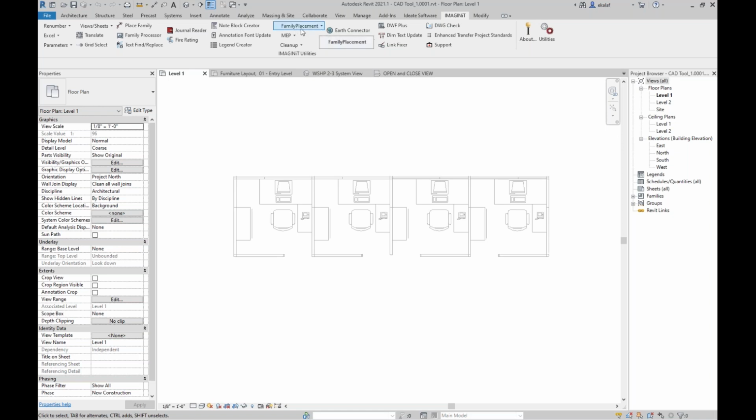All right, so in this case, under the family placement option, if you notice, we've got a configure, and then we have a show panel tools here. What these are really doing is helping with extracting information from your centralized library, and then displaying it in the Revit session that you're working in. So in this case, the first step to get this to work